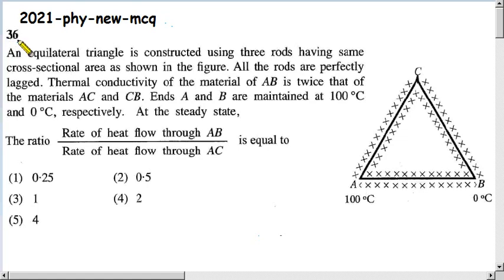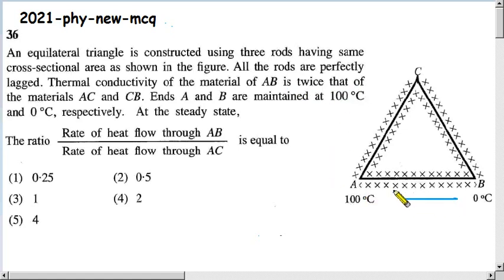Children, today I am going to discuss question number 36 from the MCQ part of 2021 Physics New Syllabus paper. An equilateral triangle is constructed using three rods having same cross-sectional area as shown in the figure. All the rods are perfectly lagged. Thermal conductivity of the material of AB is twice that of